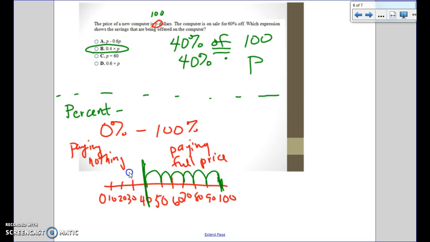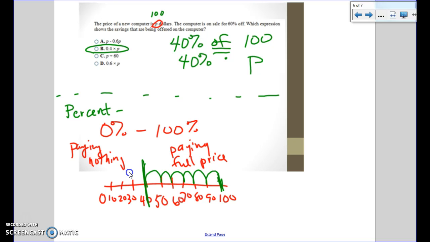And so you're probably aware that not all computers cost the same amount of money. So being able to use a variable in our expression gives us the opportunity to change the price of the computer and figure out different things. So it's a way to write an expression that can be useful in more than one way. So in this case, it's on sale for 60% off. So the amount,